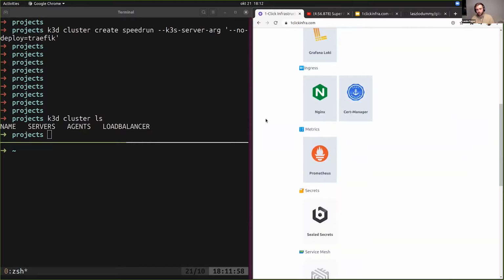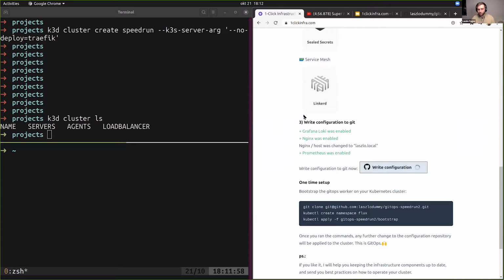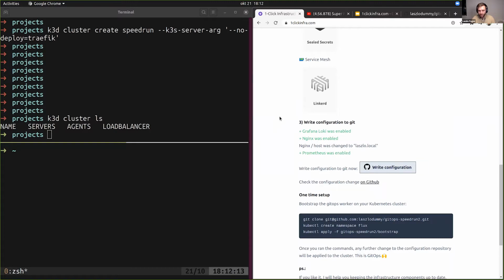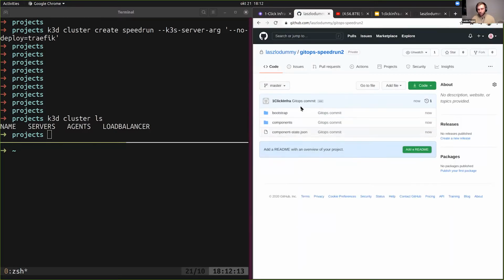I'm not enabling Cert Manager and so forth. We can talk about those later. And I'm writing the configuration to Git. Crossing fingers, it will be done in like 5 to 10 seconds. And we could get into what's inside the repository, which I'm going to do after the speed run. But in the meantime, I'm going to